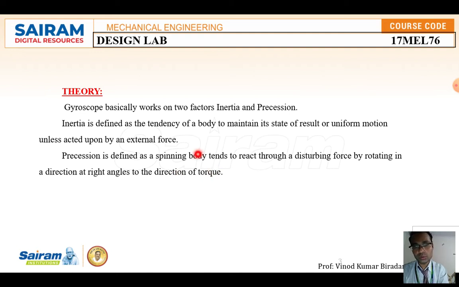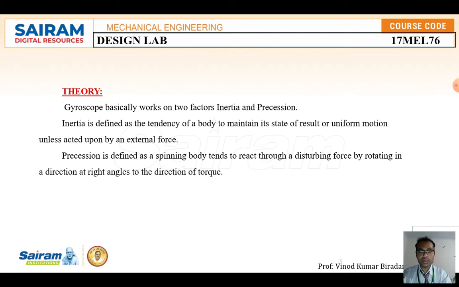Okay, so in that, here we are going to apply the external force, then the whole spin action is going to be disturbed. It is called as what? Precession. Okay, so here one formula will be there, to calculate the gyroscopic effect: G is equal to I into omega p.